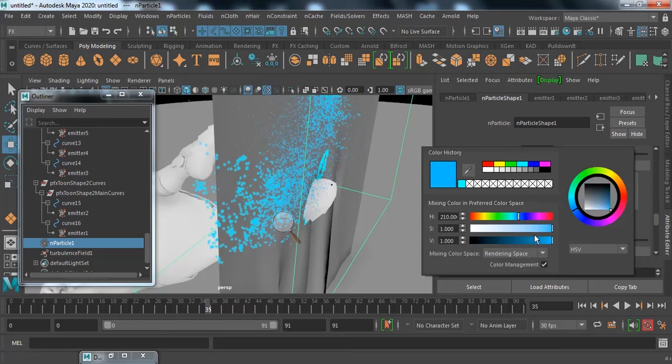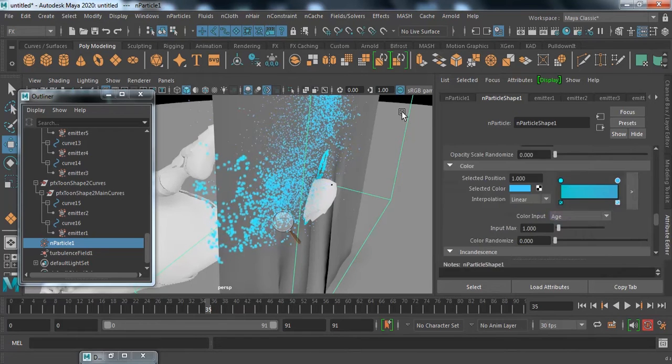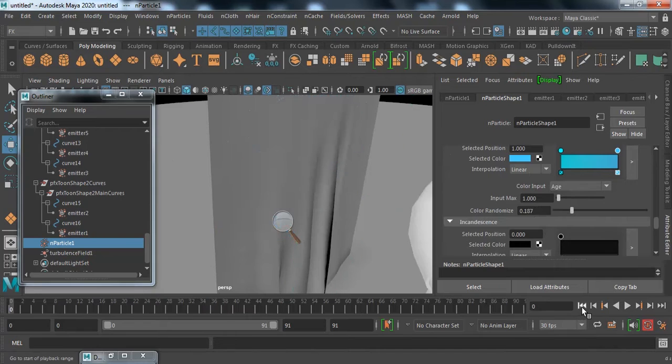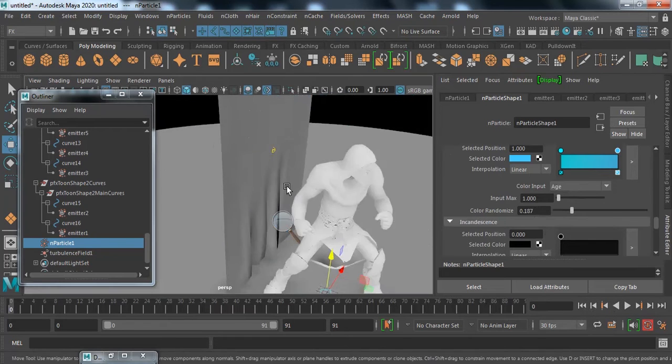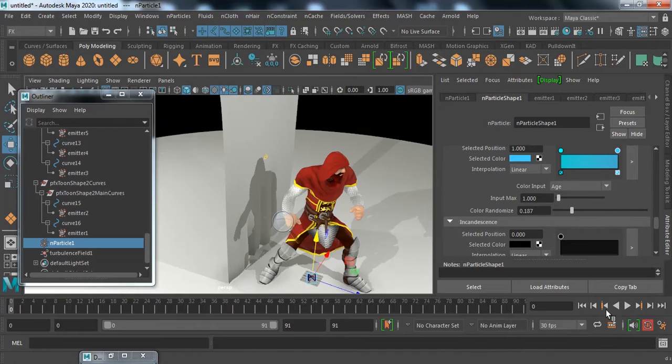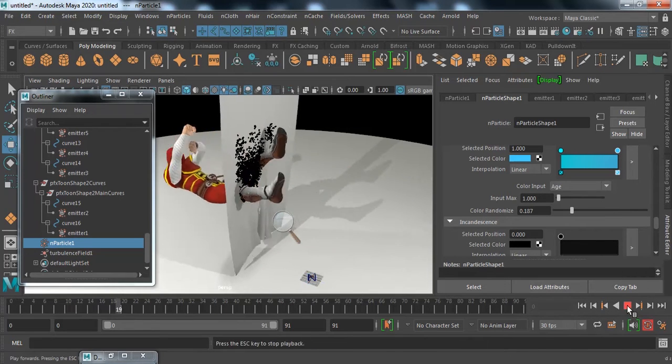I think a light color will do, a little light color shade. Next I'm going to add some color randomization to it, and if you play and check what's happening, you can see if I press 5, 6, 7, and play this,